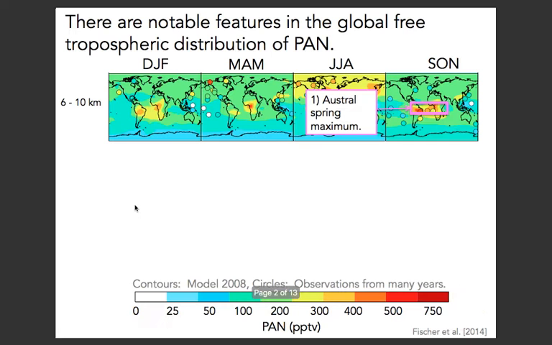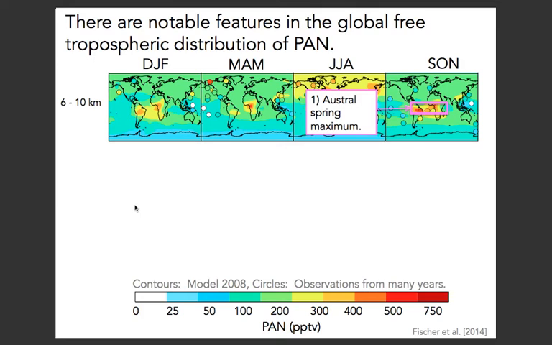So I started working on the PAN simulation when I was here. It feels like a while ago now. And here is a figure from that old paper. And so here I have the upper troposphere and various seasons. And what I want to point out are different features in the global